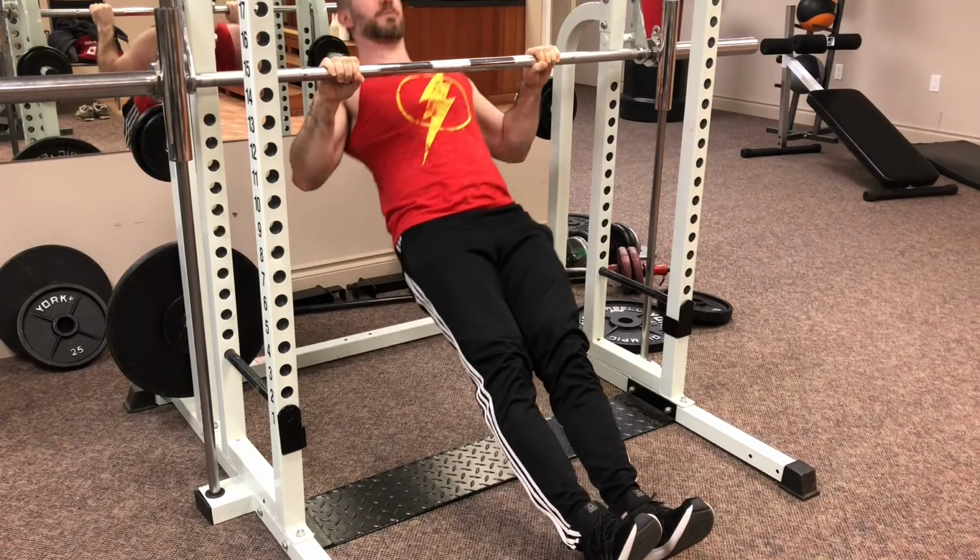Now once we've gotten through the lat pull down, we've developed strength through our back utilizing dumbbell rows, seated rows, lat pull down, we want to get accustomed to using our body weight for these types of exercises. So what we can do is utilize a bodyweight row as a way to develop strength through